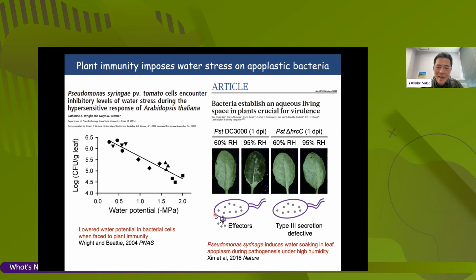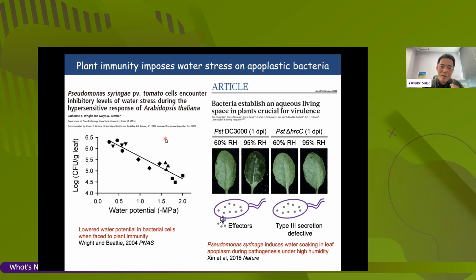So in light of that, I would like to introduce previous studies showing that pathogenic bacteria encounter high osmotic stress when plants activate ETI or HR, in particular. Anyway, if plant immunity is enhanced, then the osmotic stress imposed on the pathogen inside the leaves is higher. So this also predicts that in this microscopic environment, plants also need to tolerate such high osmotic